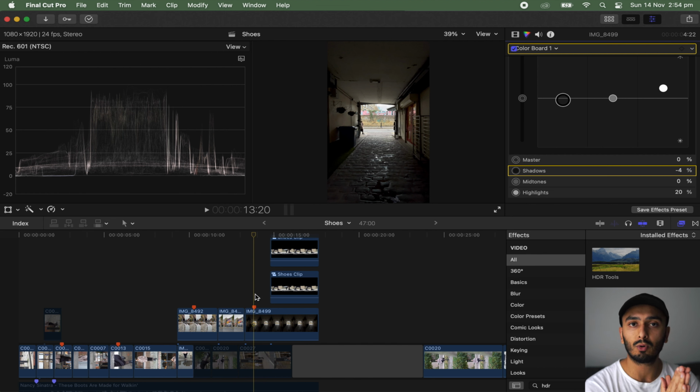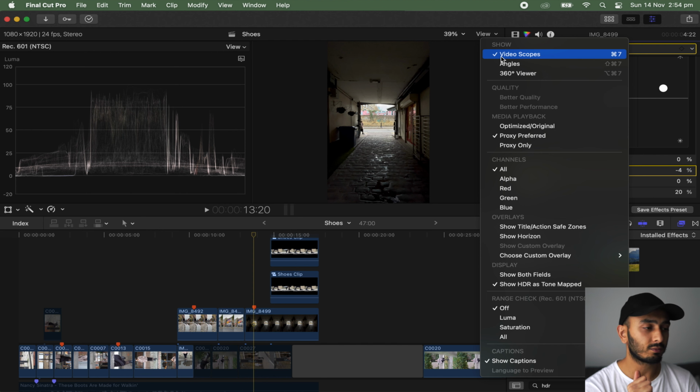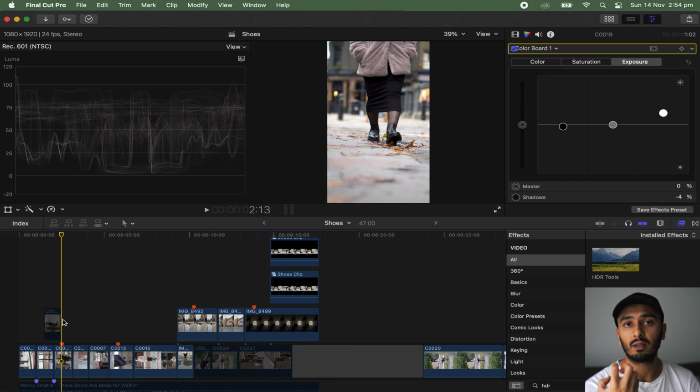I've shown you 4 examples of how to correctly expose your clip from a standard mirrorless camera and an iPhone shot. So hopefully this will help you when you're correcting your footage. But just to recap, the main tool you want to use is called Video Scope. The principle you want to follow is keep your highlights under 100 and your shadows above 0. Your midtones, you want to rest around the 50 mark and make sure you're stretching those waveforms as much as you can. Of course, all clips are different, but these are the general guidelines you can use when you're correcting